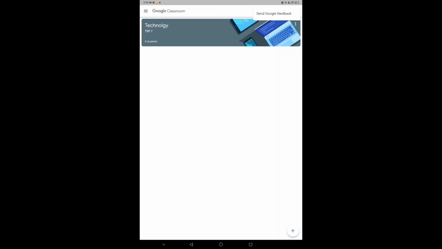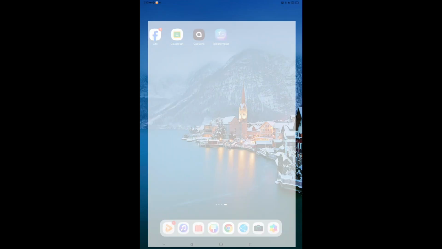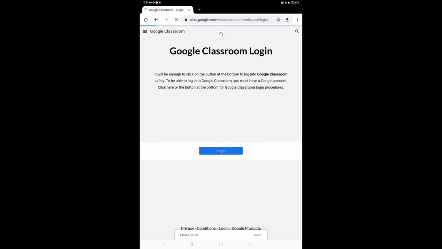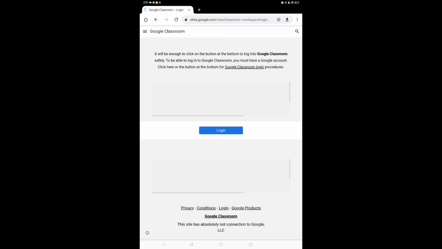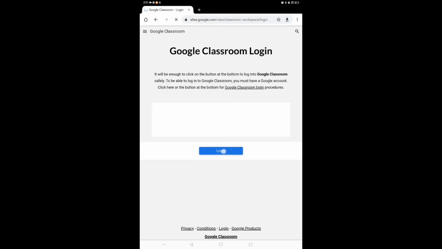Now if you are using Chrome, here we can use Google Classroom also. So when you're using Chrome, you don't have to download Google Classroom. For example, like this, just search the Google Classroom login here, and after that you tap the login,